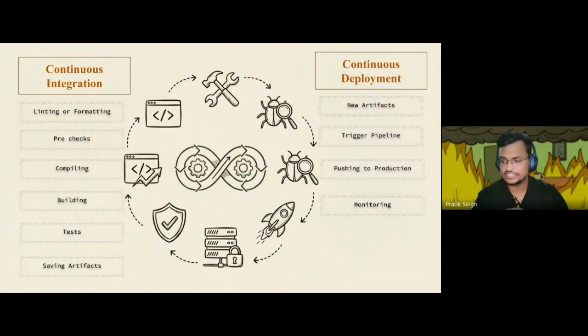Now that we have seen that the code is in perfect condition, the pre-checks are done, it is compiling, it is building, and it has passed all the tests, we save artifacts. It's very similar to what we do on a daily basis. Suppose we have Google Photos or Google Drive, you save your photos, your videos, your memories over there. Similarly, once the project makes sure that the thing is actually working, you want to save it. You don't want to save a bad picture. You only want to save the good pictures, the good memories. Same way, you want to save the right artifacts. That's why it's at the end of the slide.